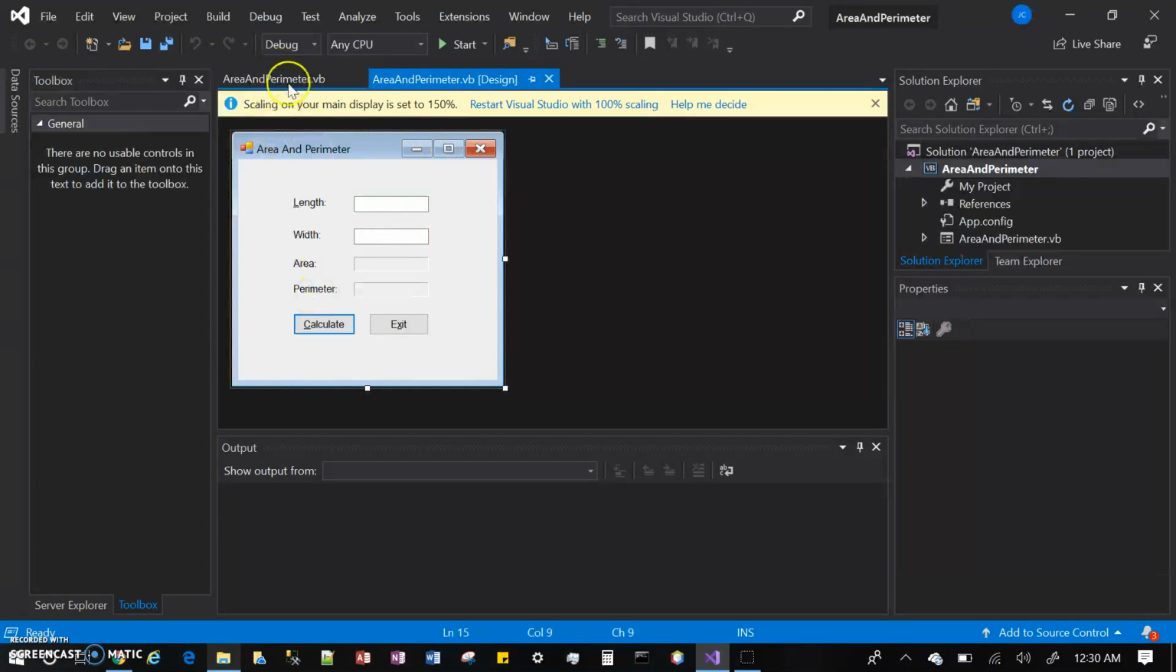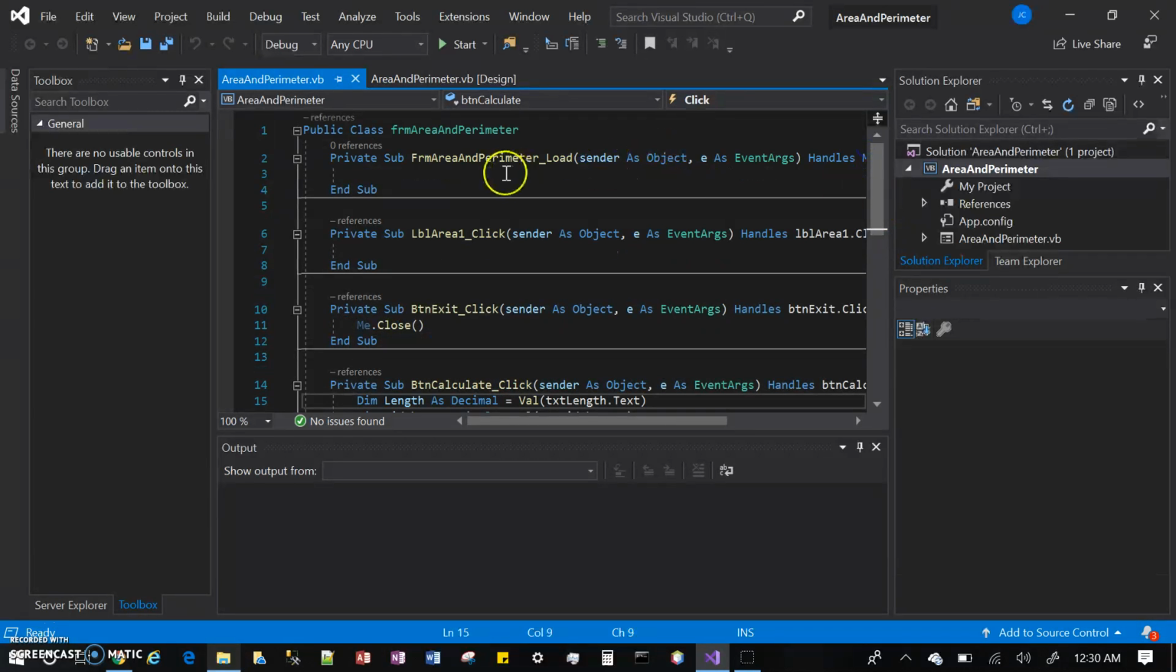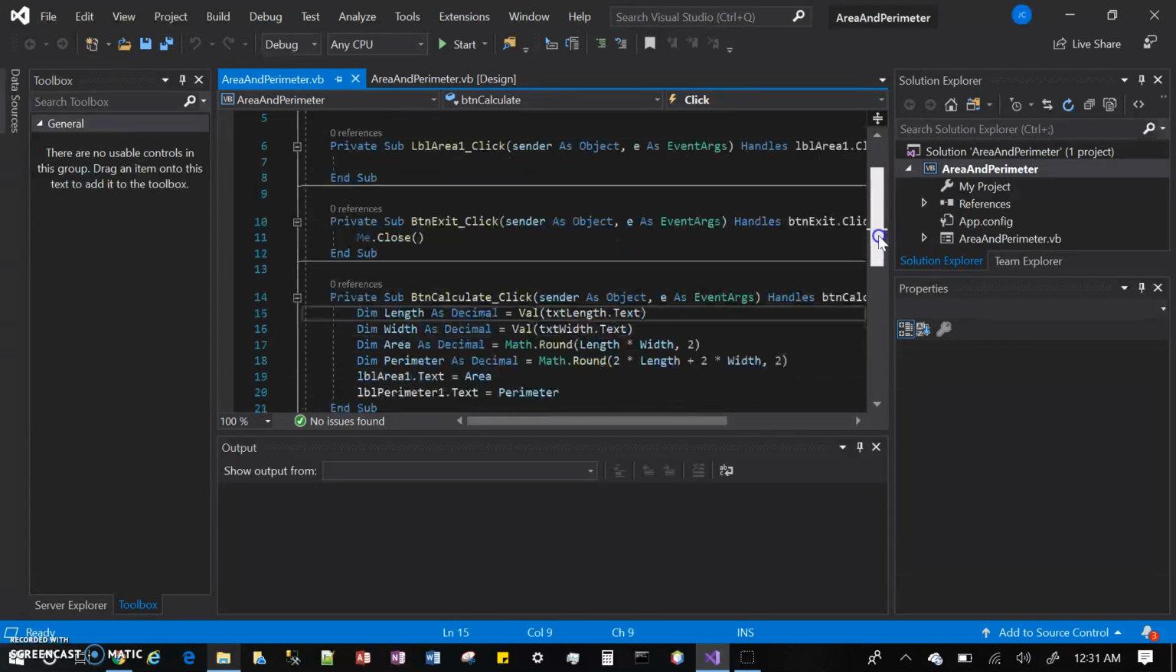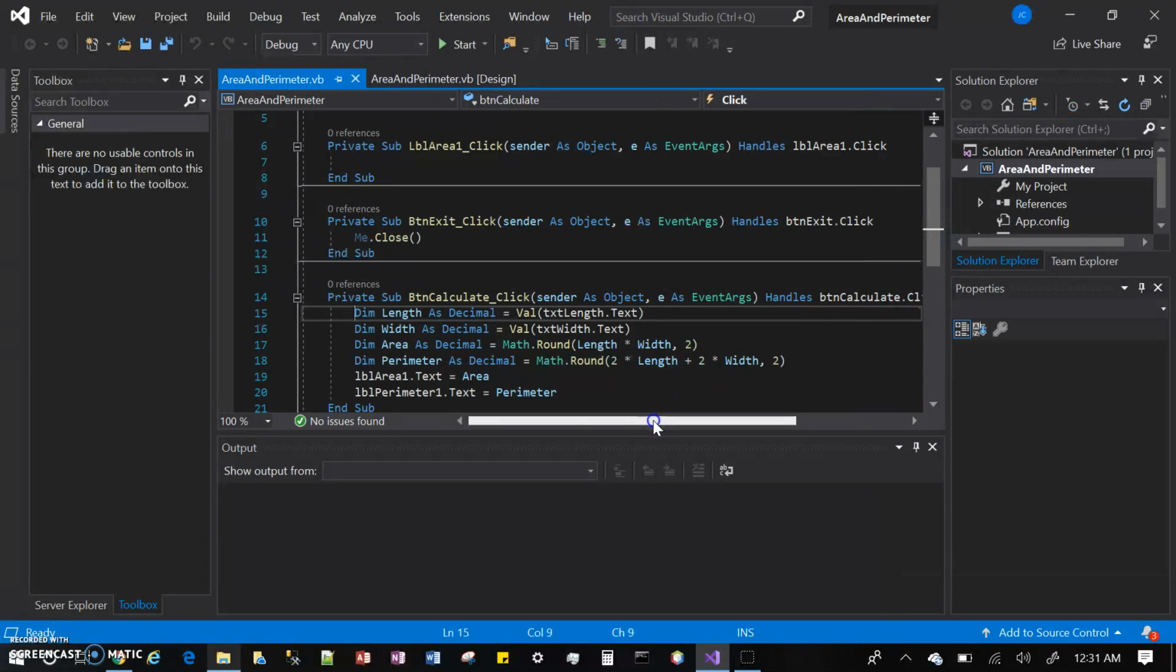So going into the code, I've already got it loaded, so nothing's changed too much from the first. I haven't adjusted anything with the form area and perimeter, label area click, and then right here for the button exit, I added the me.close with the open and close parentheses. That will allow me, when I click the button exit, to close the form, or if I hit the escape button, it will close the form. So further down in the button calculate click